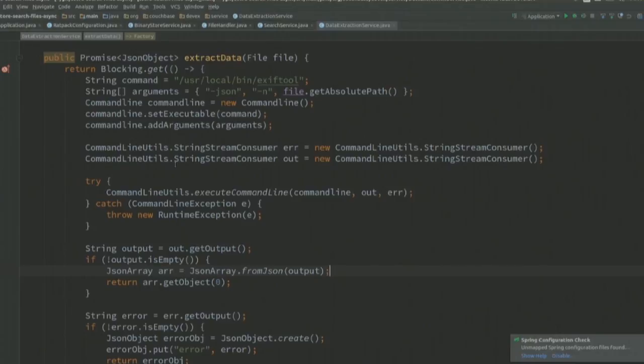Now, remember, we need to use a promise or an observable, and if you wrap all of this into blocking.get, what it's going to do is wrap all this code into a promise, and then send a promise, and then you can keep on working until you subscribe. So it's a way of making your blocking stuff asynchronous and usable in Ratpack. So there's no excuse to not start using Ratpack now, because you can use existing services and existing code super easily. So just by this, I'm returning a promise.